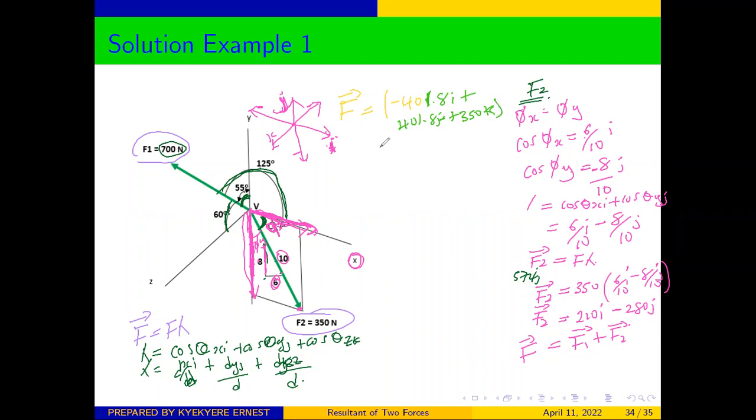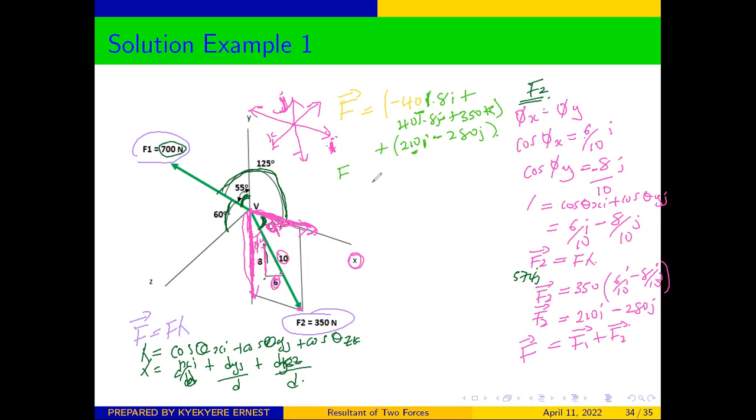So this plus our force in the F2, which we have as 210i minus 280j. So from here, what we do is that you put all the components of the x together and also put all the components of the y and all the components of the z together. So I will have this and that. So when we add the two,